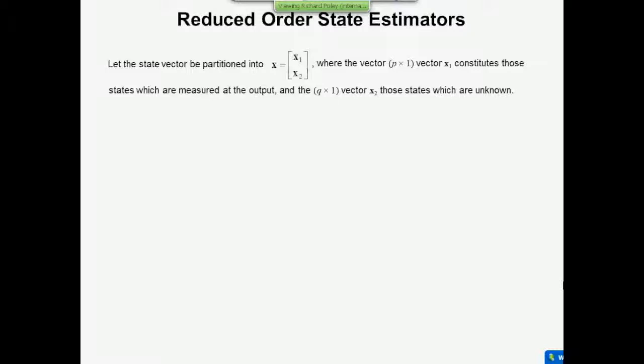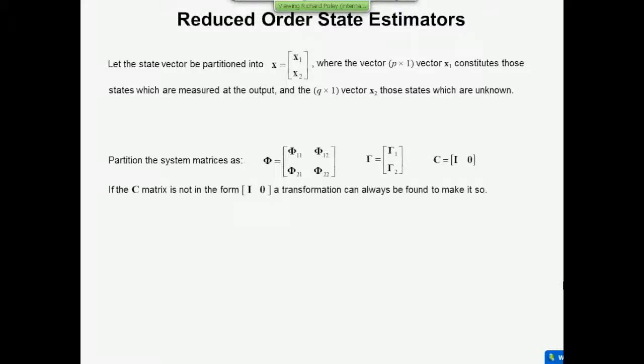That's a permutation matrix, and so you position the zeros and ones in nice places that give you the reordering that you want. But you can always do this. You can always find a permutation matrix which reorders the states. And therefore, the partitioned state matrix looks like this: phi11, phi12. So it's partitioned according to the selection, the measured and unmeasured states: phi21, phi22. Same with gamma, and the same with C. C now, I and 0.